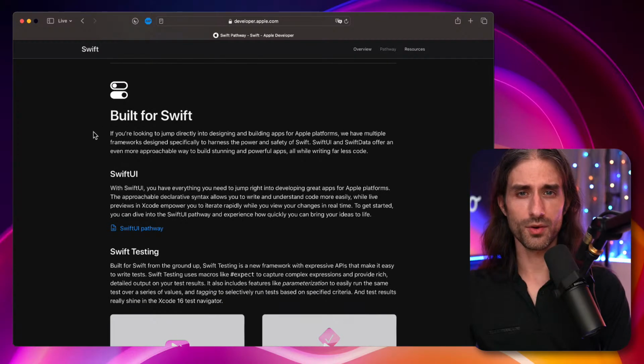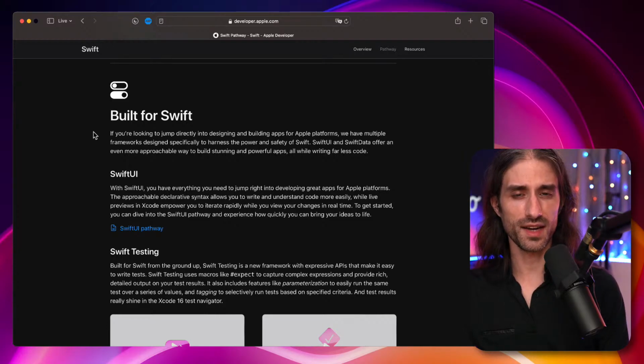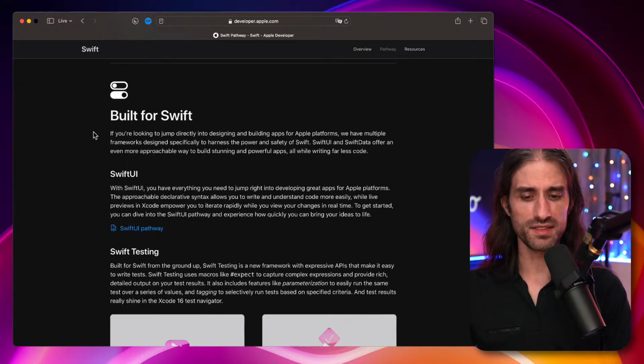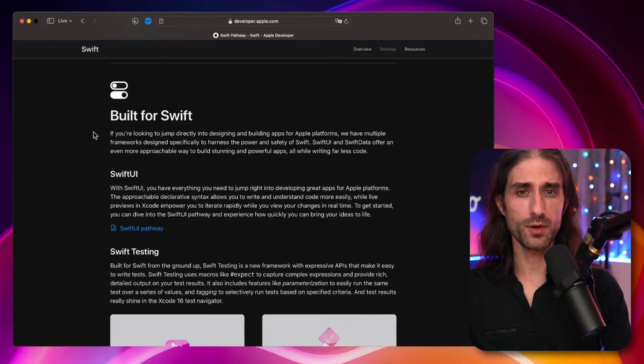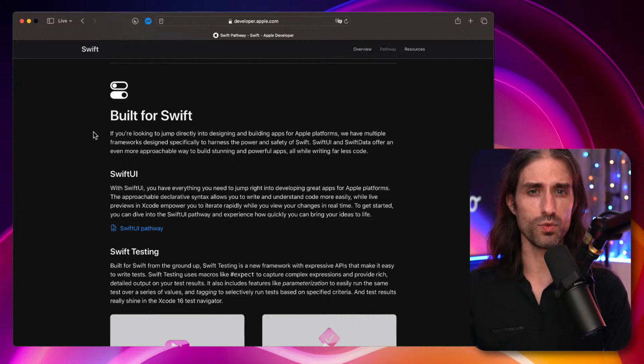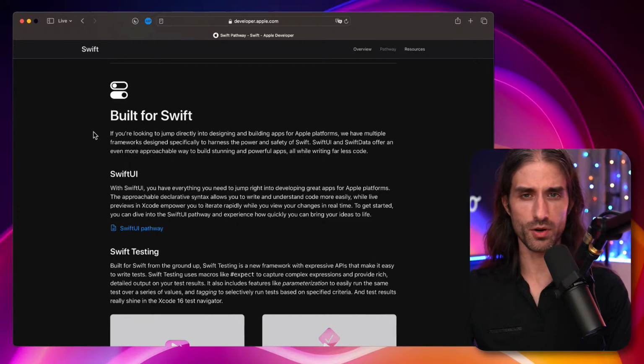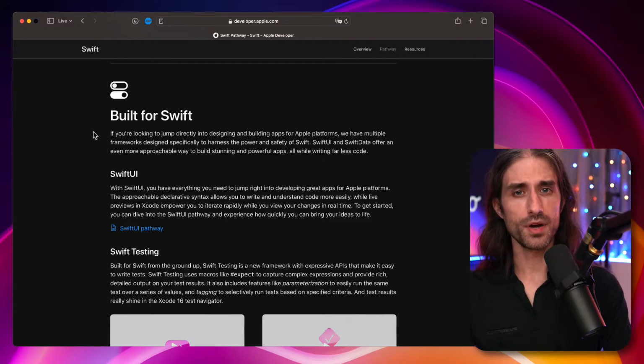And then you have a look at some frameworks which are built for Swift, so frameworks that were built with the Swift syntax in mind. It's worth making that distinction because many iOS frameworks were built back in the days of Objective-C, and so they were built with Objective-C in mind. A typical example is UIKit. But now we have frameworks built with Swift in mind.